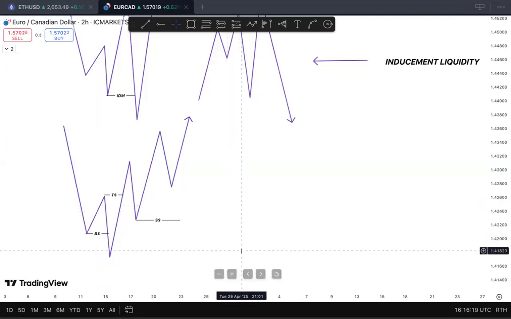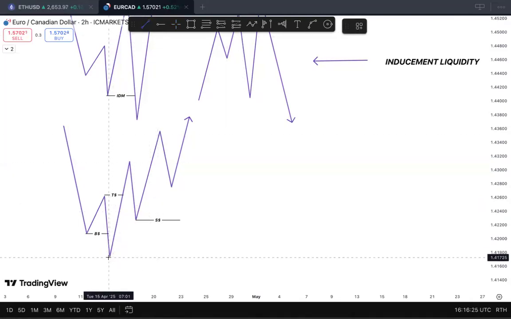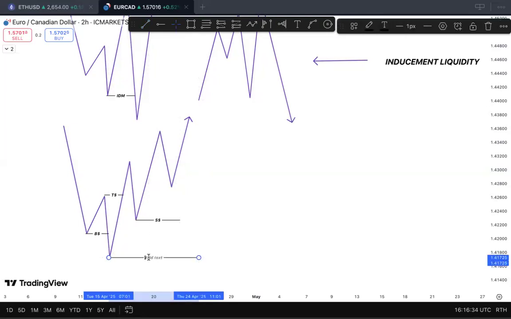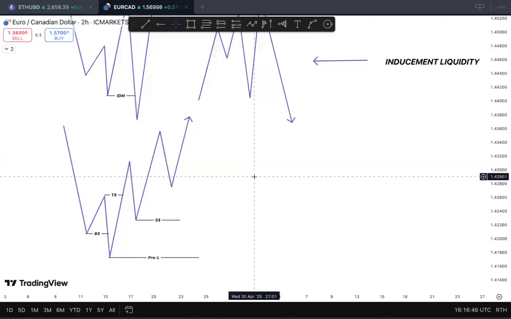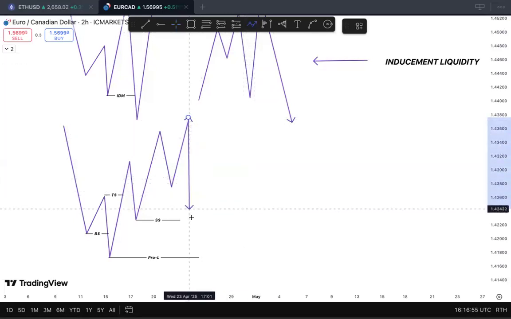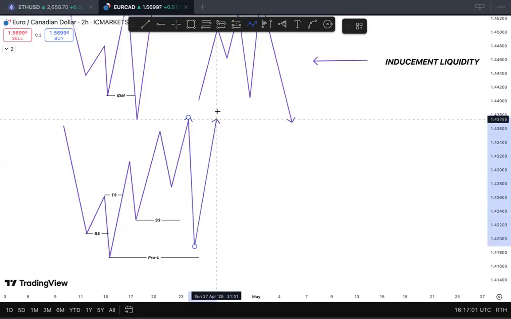For the strategy that we trade, the main low is always protected. This main low is always protected. Take note of that. So we call it protected low. So what you as a trader using this model are expecting is that you're expecting price to come back, sweep the structural liquidity, and then boom.